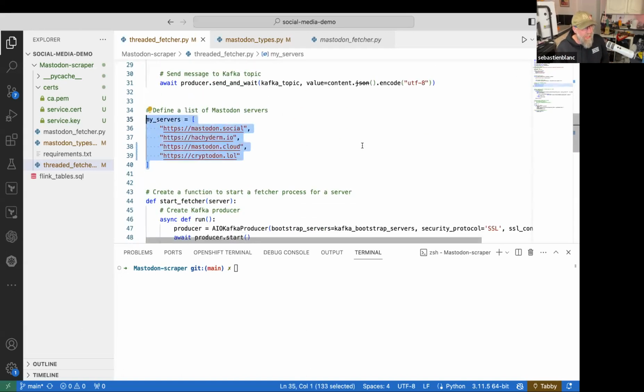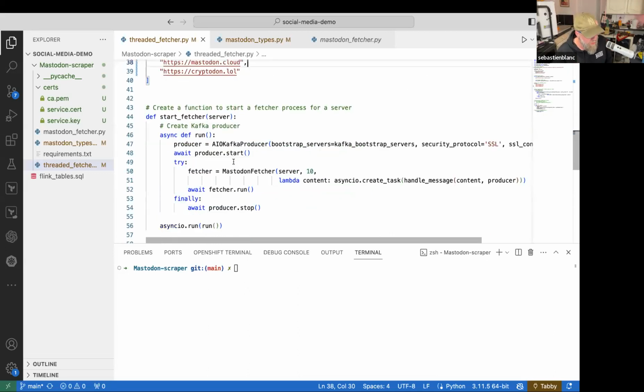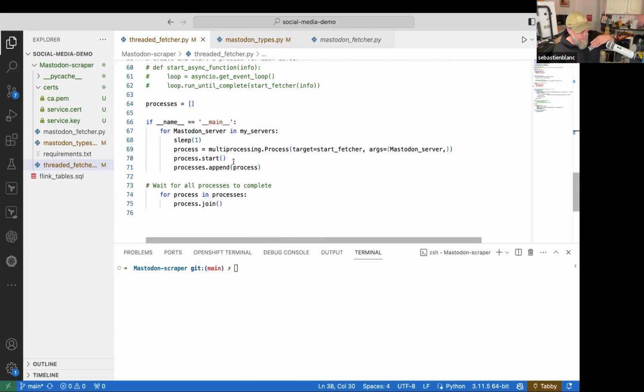I have defined here a list of 4 different Mastodon servers. And basically what I want to do is create 4 different processes, one for each of those servers, scrape all the messages from the public timeline, get all the content, and send that to Kafka. Each message will be a Kafka message. Okay, so I won't go into the script, but